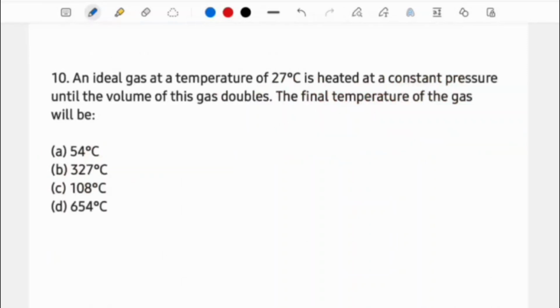Next question. Alright, question is, an ideal gas at a temperature of 27 degrees Celsius is heated at a constant pressure until the volume of this gas doubles. The final temperature of the gas will be C. When pressure is constant, at constant pressure,